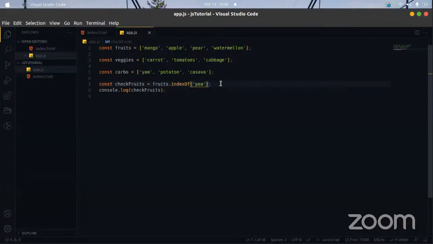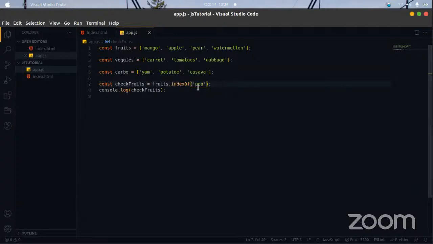What I mean is that -1 is kind of like saying null or undefined or false, which means it is not there at all. So if you want to do an if check, and it doesn't return -1, do this; if it doesn't return this, you could do that.